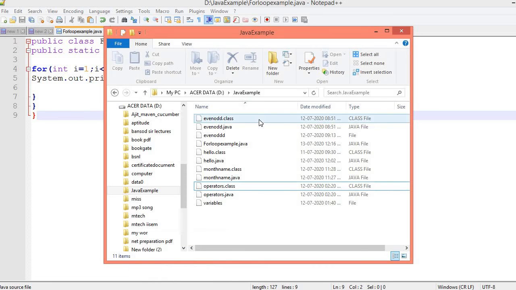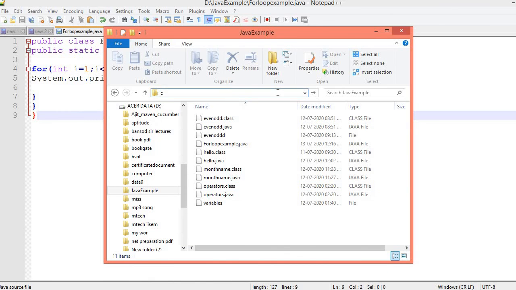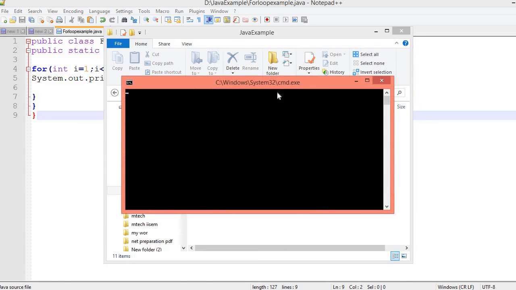So let's save the program, and then we will go to the folder where our program is saved. There I will open command prompt and run the command javac ForLoopExample.java.